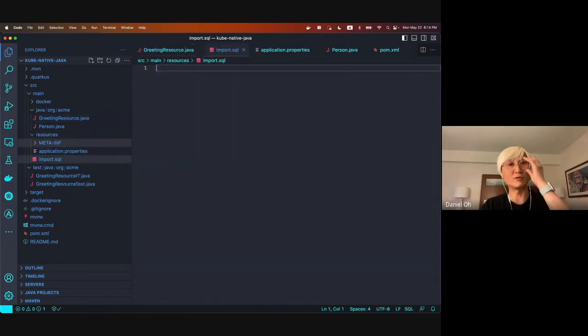I don't even need to create the DDL stuff. You typically create a SQL file to create a schema with Spring JPA, because Quarkus Hibernate ORM Panache automatically creates a schema based on your Java beans, like Person. I just need to insert data into the person table with values, ID 1 and my name Dan, and I'm